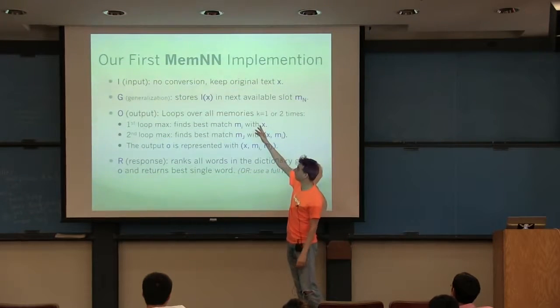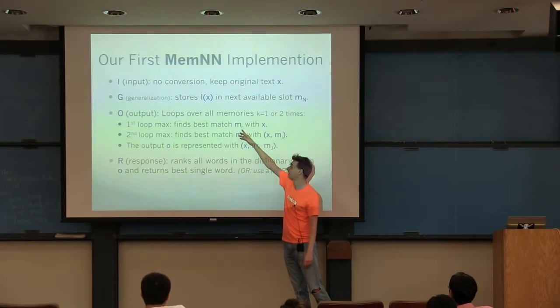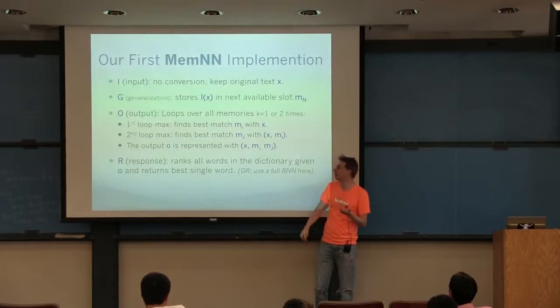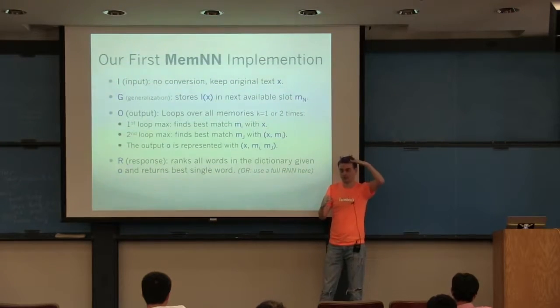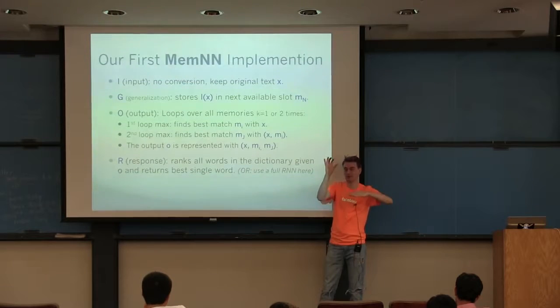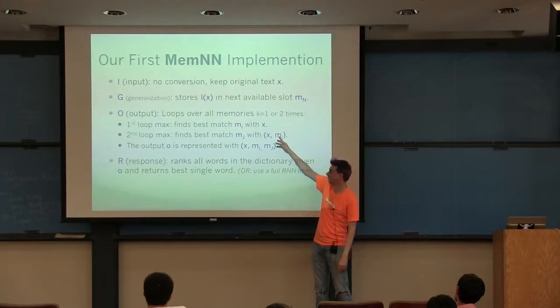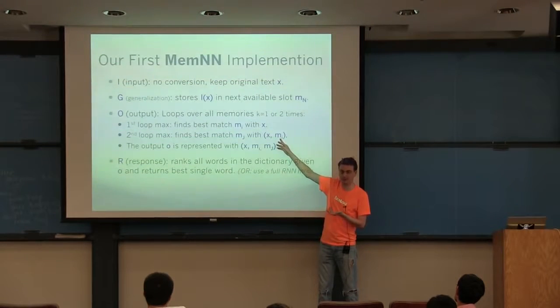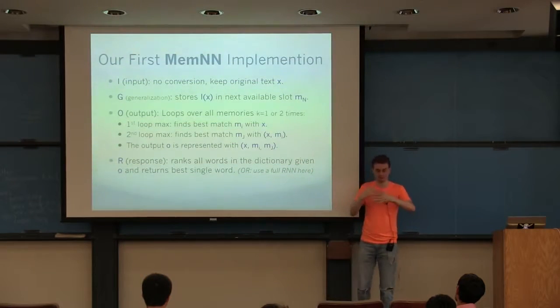That's the first loop. Then in the second loop, after we found the maximum scoring MI, the best supporting fact from the first loop, we're going to have another little neural network that matches all the possible candidate memories again. It's going to run through all the memories and match them, but now not only with the input X, the question, but also with the first supporting fact that we found on the first hop. That's how we're going to be able to solve these kinds of two-hop things, where we need to know that John picked up the football to find where John actually was.